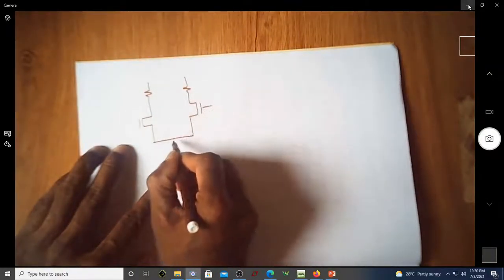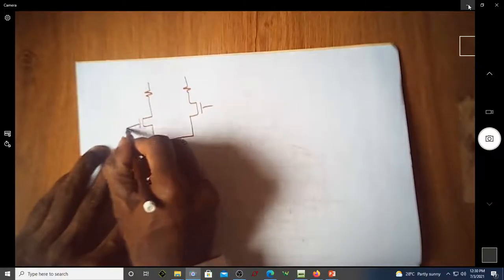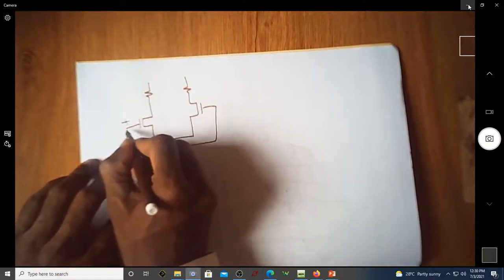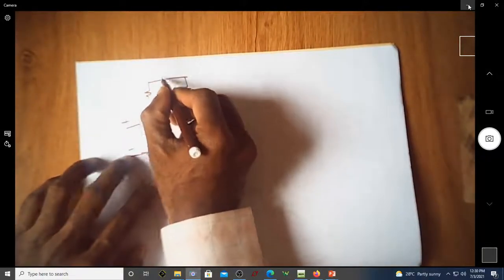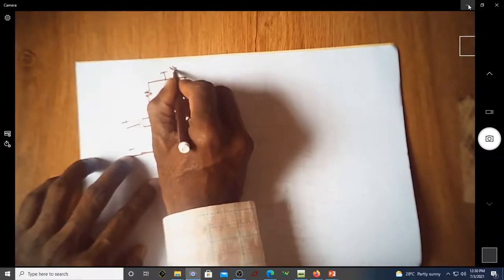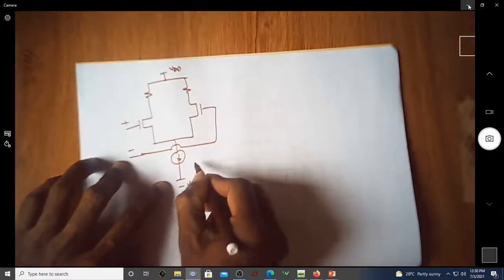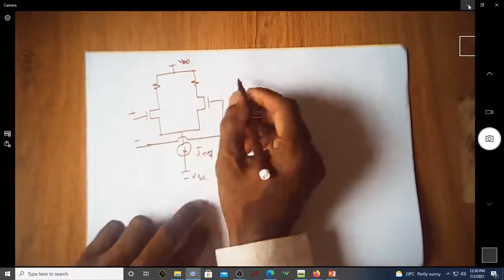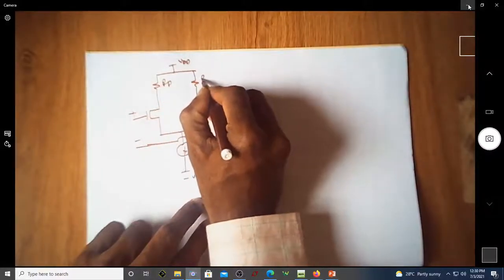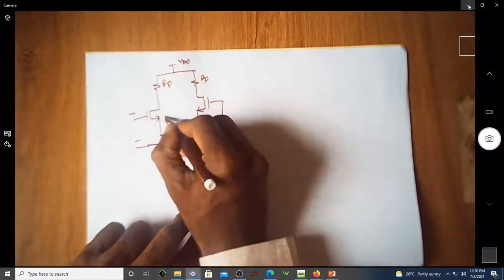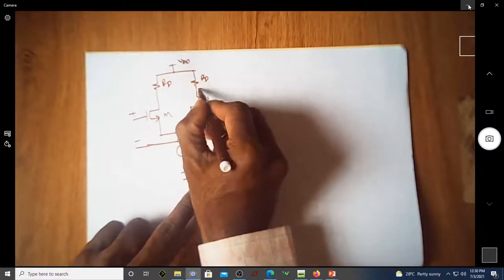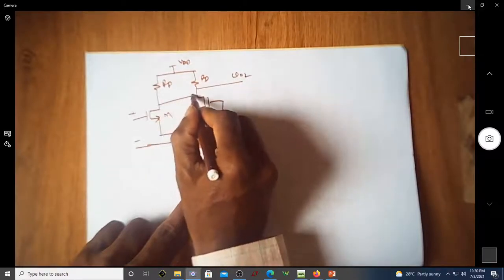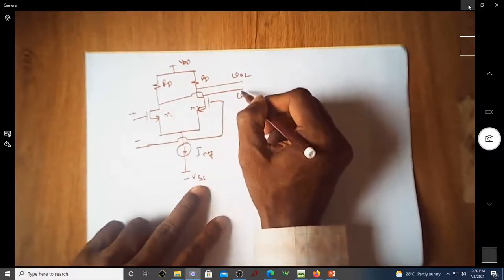So this is how we write it, and we're going to have a tail current source. This is plus minus, this is VDD, and you can have it as minus VSS. This is the reference current, and you have the inverting terminal. If these are RD and RD, and these two are M1 and M2, I can take a single-ended output voltage like V02, or I can take V01, that is the differential output voltage.